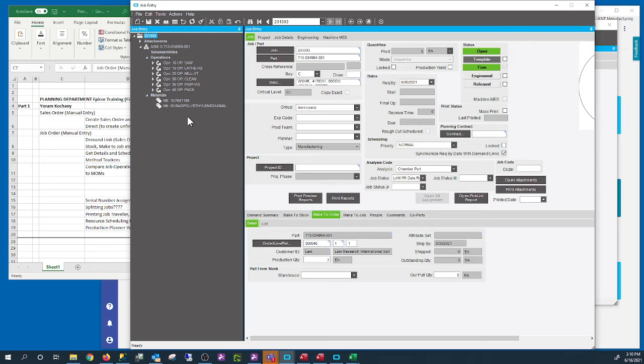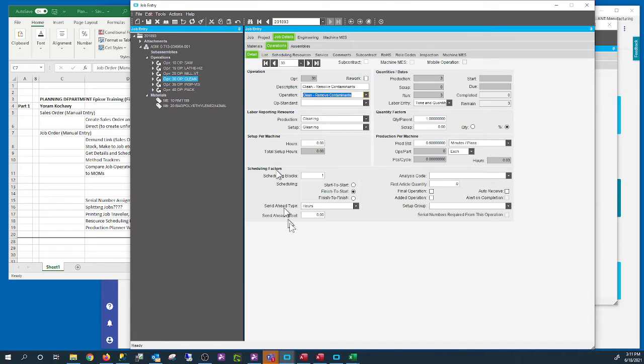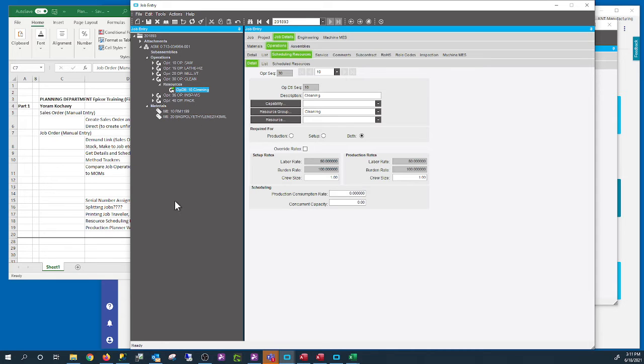You can click one of those drop-downs with the arrow to review the operation. Raul, can you just click one of them to expand it? One of them has the actual resources. Click on the little arrow on the left, in the tree, and it will expand. So when we have the clean operation, we need the cleaning team. The cleaning team is associated with that, so the resource group is cleaning, which does the cleaning operation.